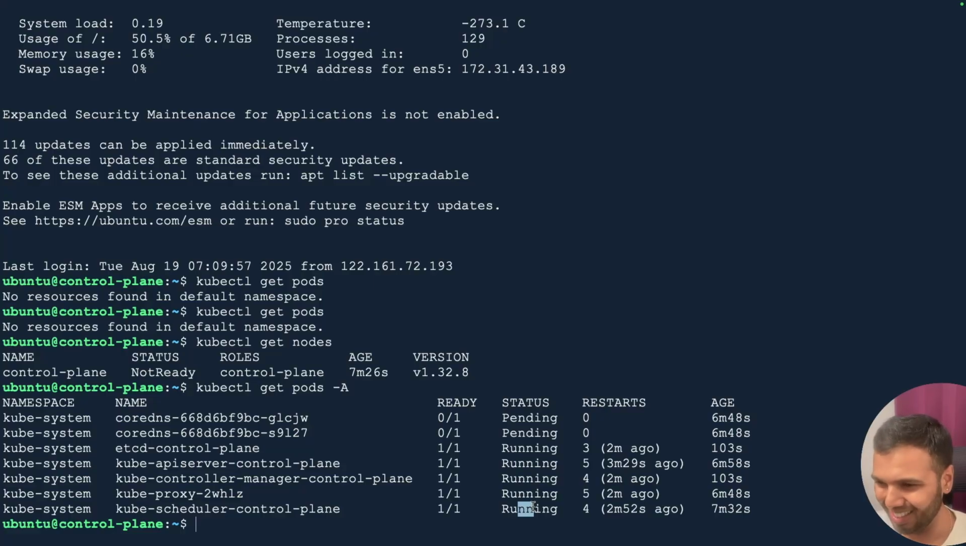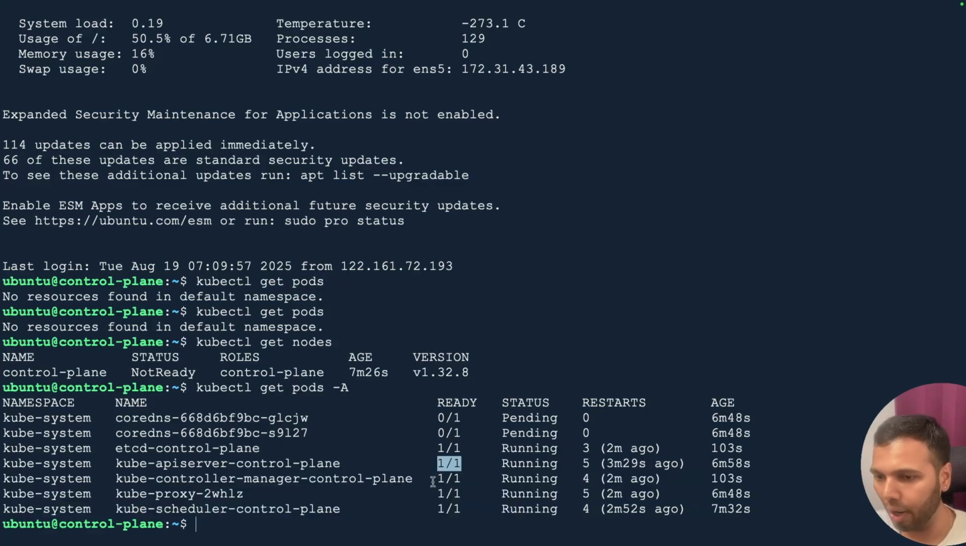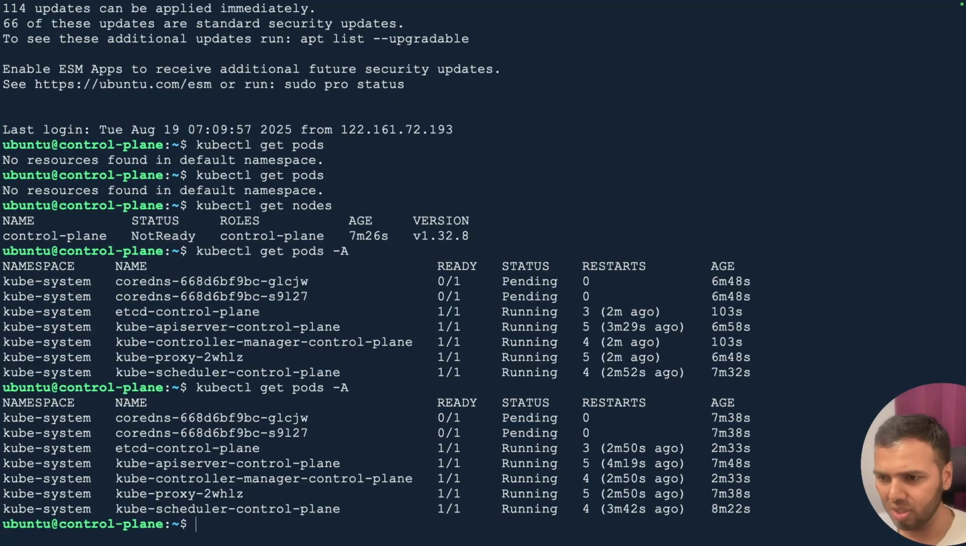First point is this. Now these pods are running and all of these are in healthy state. Why do I know these are in healthy state? Because the status here is 1 on 1. All of these pods only have one container, and that one container is up and running. So let's run this command again, and you see it is still fine and the number of restarts has not